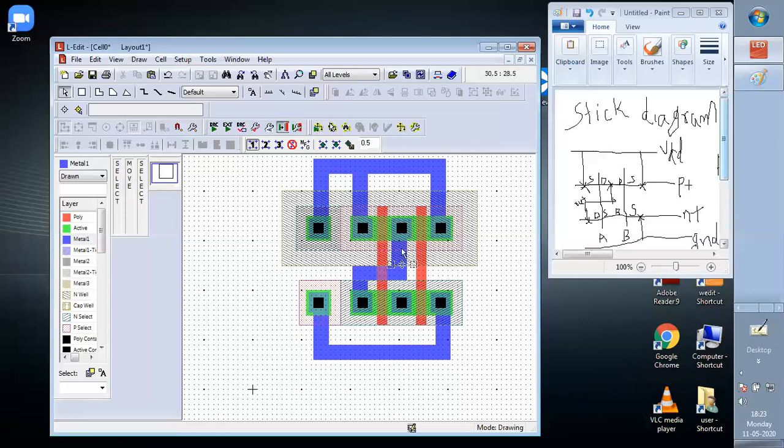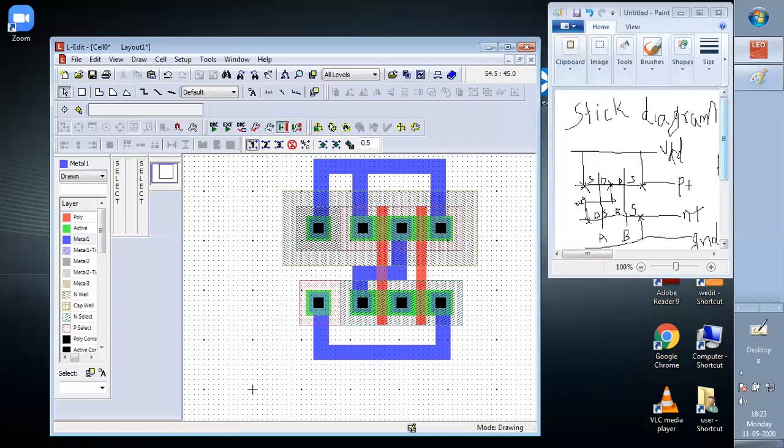It is connected. Now here, although they overlap over here, they will not be connected, right? So now we have to write the names only. All the connections have been done.